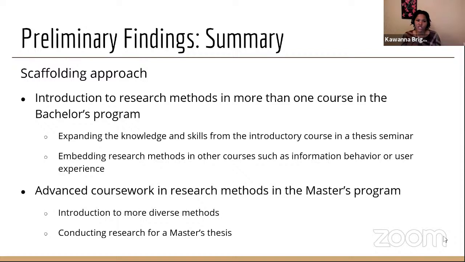So there's an introduction to research methods in more than one course in the bachelor's program. And this is where they're expanding the knowledge and the skills from an introductory course later into a thesis seminar. So there's already a connection to something a little bit bigger than just a project proposal that they might be putting together. But you also see embedding of research methods in other courses such as information behavior or user experience,